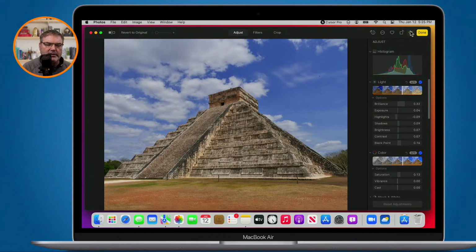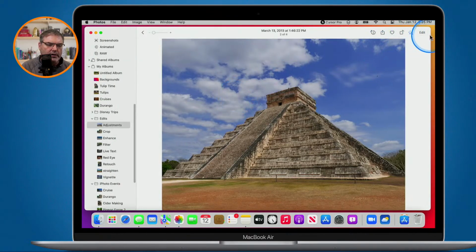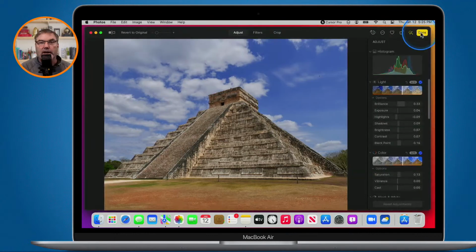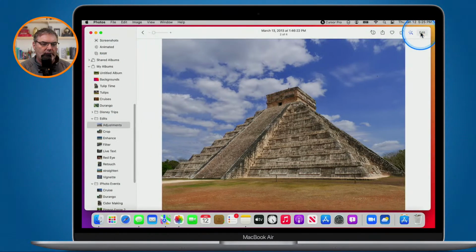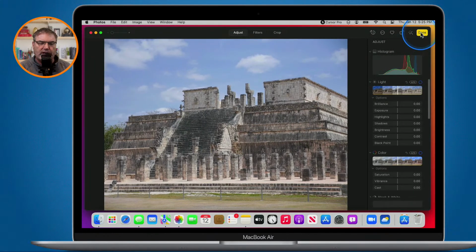So a histogram can tell us the balance of the colors in a photo. That's all it does. We can't make any adjustments to the histogram itself. We can make adjustments elsewhere and see what they do here, but I can't do anything with the histogram directly. All it is is a visual indication. We can see that this photo is washed out. It's really light, and all my colors are in the top 50% towards the highlights. When I click Auto Enhance, we can see that it moves down a little bit